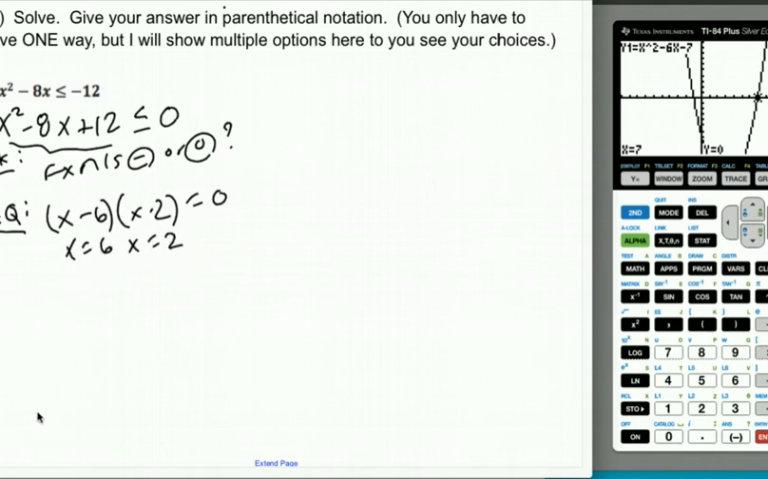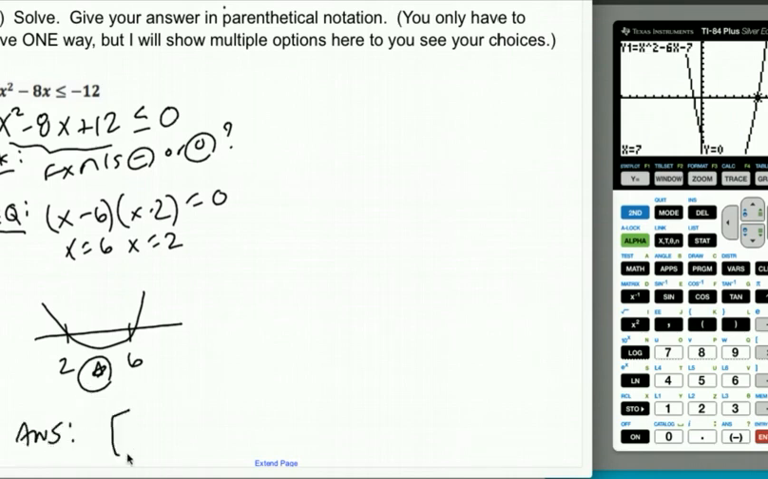So then beyond that, it's up to you which sign chart option you pick. If you see that this is a smile and you want to say that your roots are at 2 and 6, and so it's like this, and you want when we are negative or 0, which is going to be here, that's fine. Your answer is going to be 2 to 6 with brackets because it said or equal